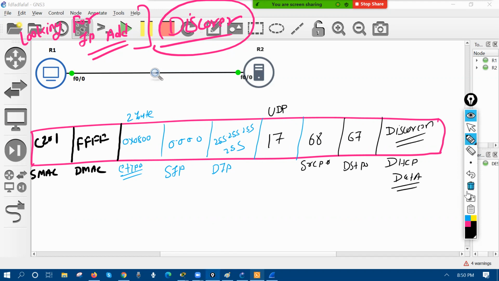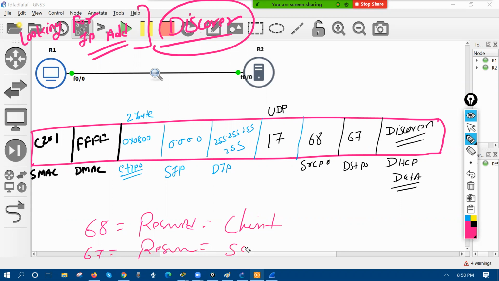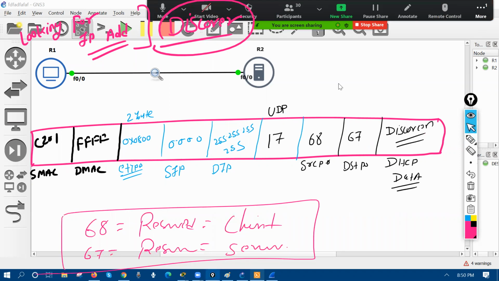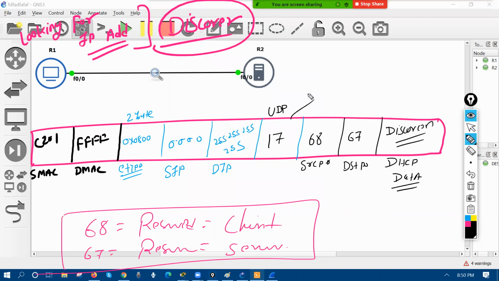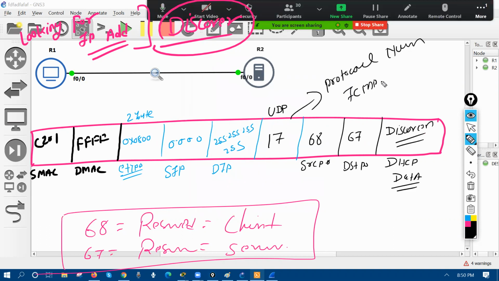The 68 is reserved by the client and 67. So 17 is the UDP protocol number. Like ICMP has one, TCP has